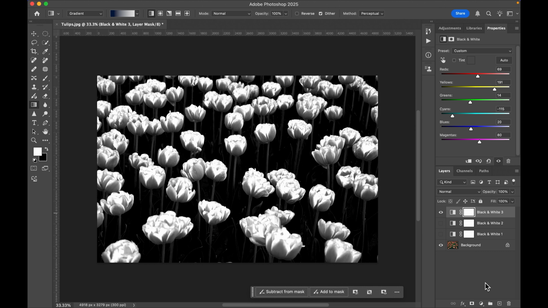You get the idea. Now I want to turn this flower in the middle back into color, and I'm going to use layer masks to do that. So let's talk about masks a bit. Layer masks are a non-destructive replacement for erasing. If you use the eraser tool and erase some areas in a layer, those erased pixels are gone forever, and